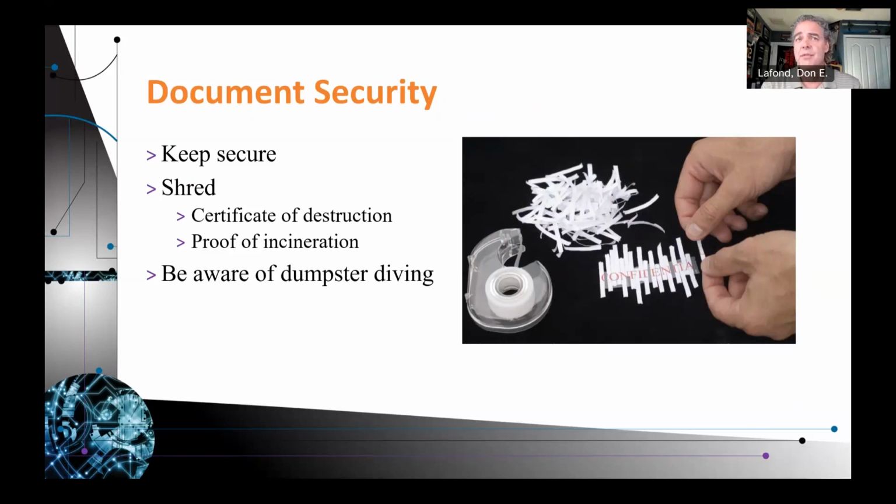Be aware of dumpster diving. Even if you shred a document, if somebody wants to take the time and the patience to unshred that document, it is possible, depending on the shredded level. So make sure you're not shredding super secret or any kind of secret information and just putting it out in the trash. Somebody may be willing to spend the hours it would take to put that information back together again.